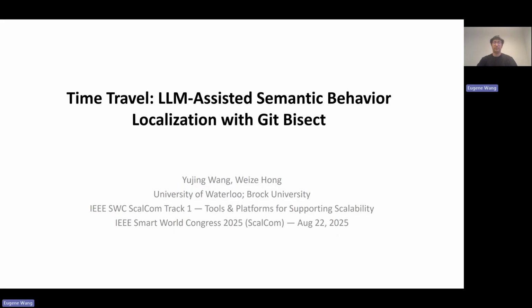Hello everyone. I'm Eugene Wang, the corresponding author for the research "Time Travel: LLM-Assisted Semantic Behavior Localization with Git Bisect." Today I'm presenting this work, which I've done along with my joint author Wizzy Han, on using LLMs to assist Git Bisect for faster error localization, submitted under Part 1 of Track 1, Tools and Platforms for Supporting Scalability, at IEEE SCALCOM